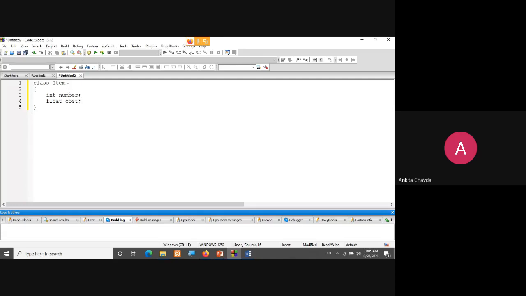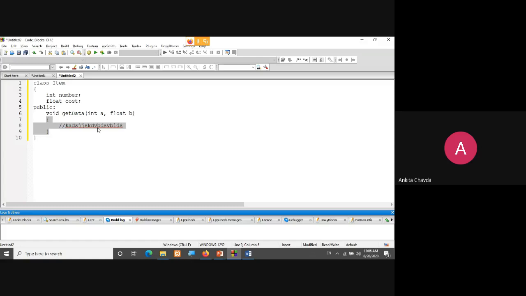These are the two variables inside your item class, and they are private. Now I want one public function, void get data, which takes integer a comma float b. This is what I'm writing inside, so this is my inside declaration. I'm writing my function inside the class item.